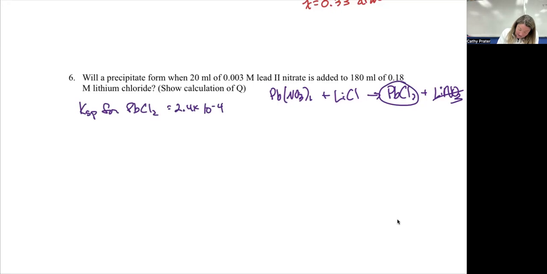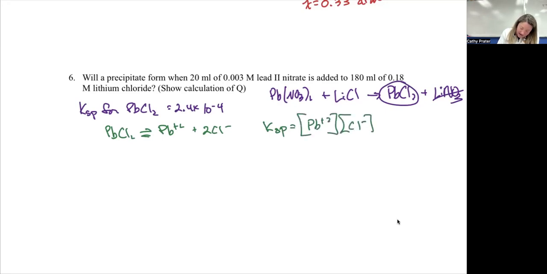I am going to write a dissociation equation because I need to have the Ksp expression. And my Ksp expression is going to be the concentration of lead(II) times the concentration of chloride squared. What I need to do is get Q. I need to find the concentration of lead and plug it in, find the concentration of chloride and plug it in, and get Q and see how it compares